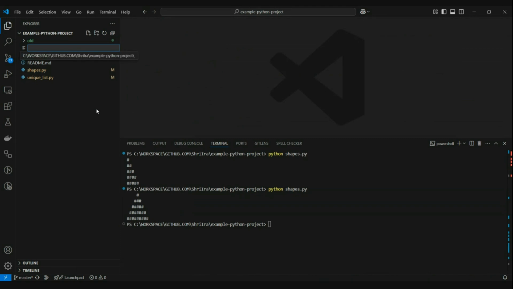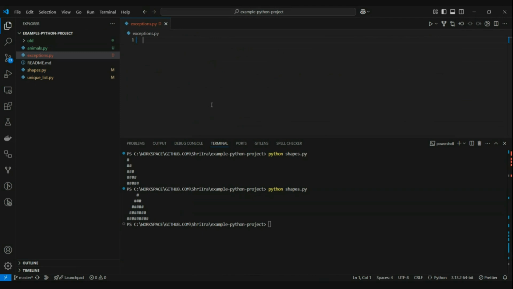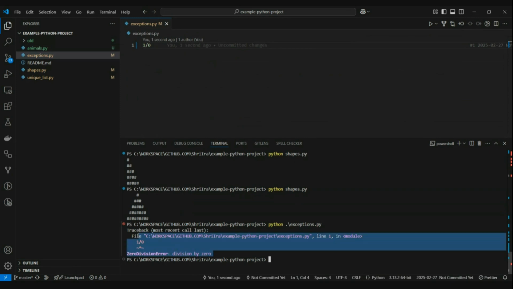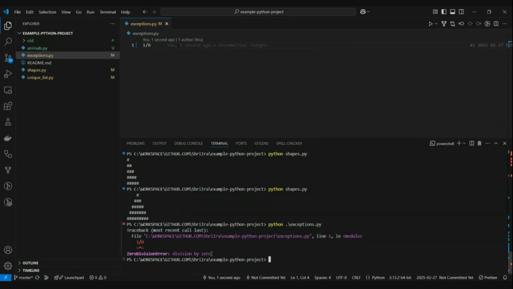So next thing we have to discuss is the exceptions. Let's try doing this, 1 divided by 0. Python exceptions, and it will throw an error, ZeroDivisionError. So by default,